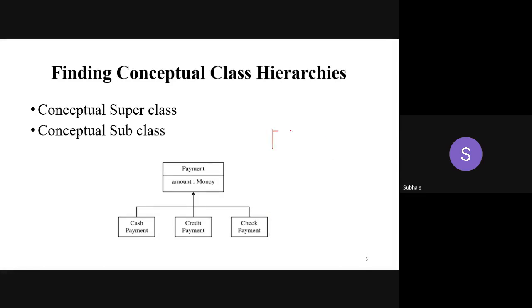Same thing, you can have payment. So you are having 3 classes. Like this, you can apply this conceptual hierarchy for any class wherever possible. So you can relate this like this also, separate line with arrow mark. Okay, so adjust with my diagram. So this is also another way. Both are same only. Both represent the same thing only.